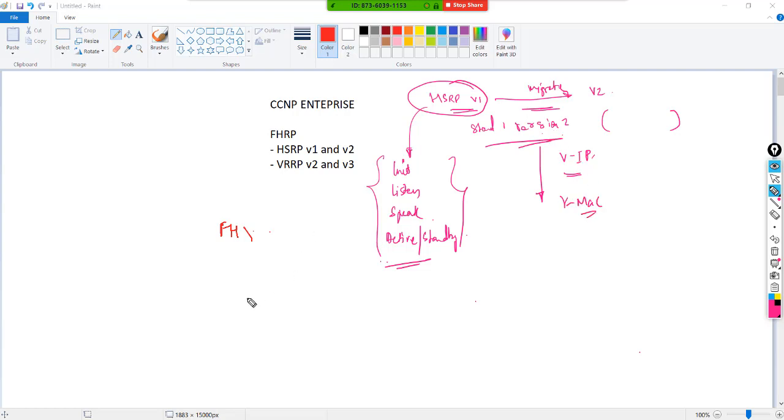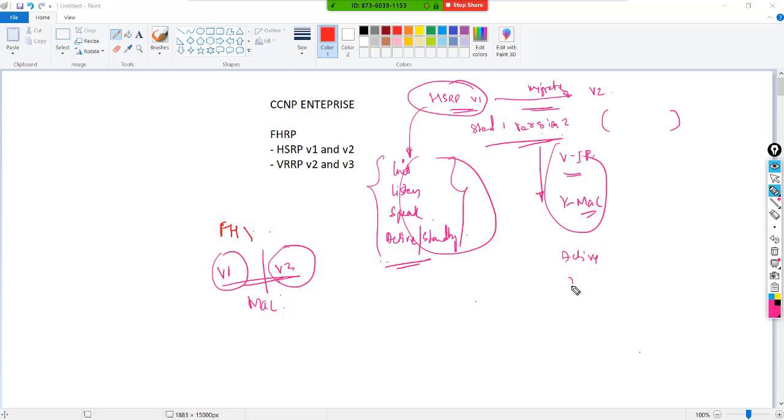You already know the MAC address behavior in the case of version 1 and in the case of version 2. They are different MAC addresses. So as soon as you change the version, your re-election will happen, and it's going to find out which is active and which is standby.